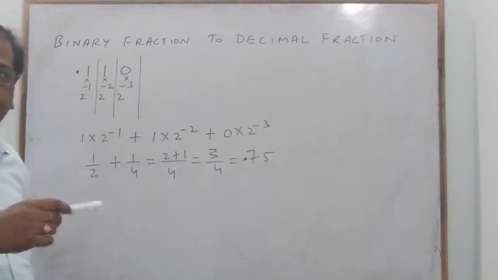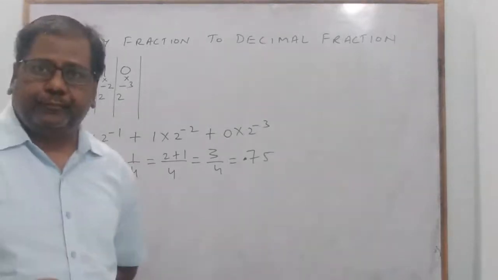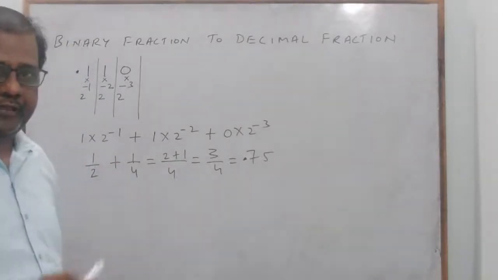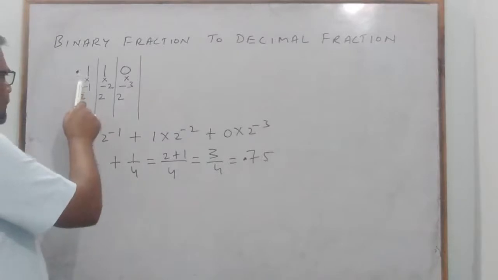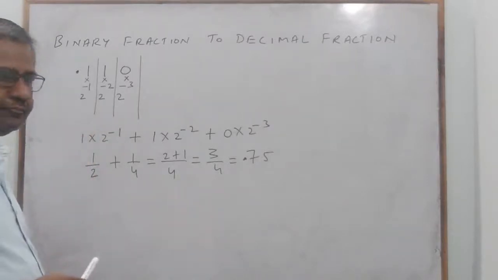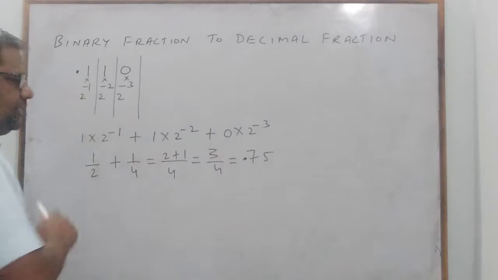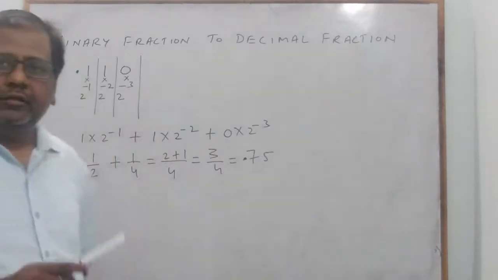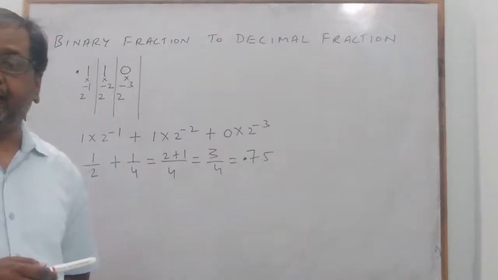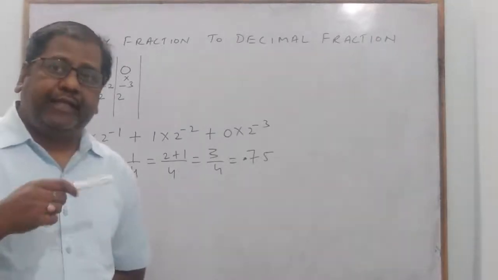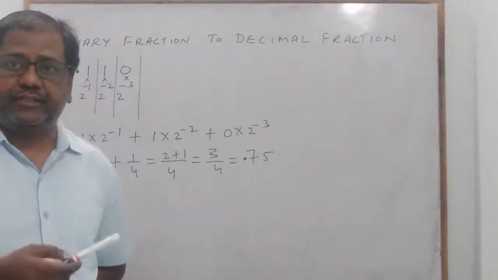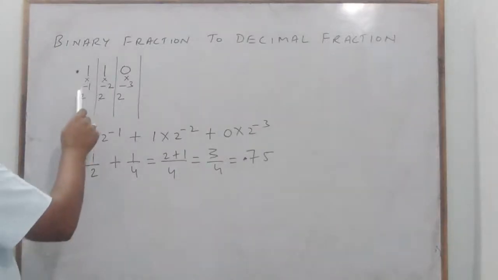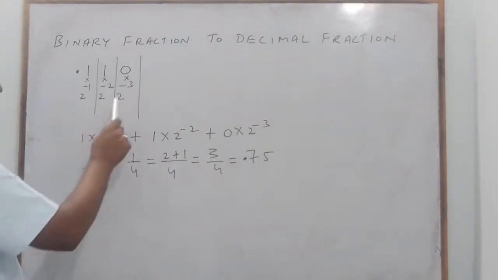the digits have positions. So what is the position? Your position will start from left and it will go to right. So for the leftmost digit, the position is -1. The second position is -2. And the third position is -3. Now in which base are we working? We are working in base 2. So we will take base to the power position, as we discussed earlier. So the result will be 2 to the power -1, 2 to the power -2 and 2 to the power -3.